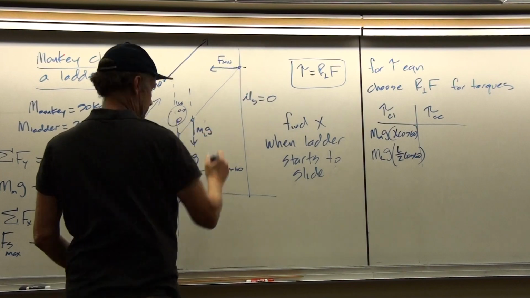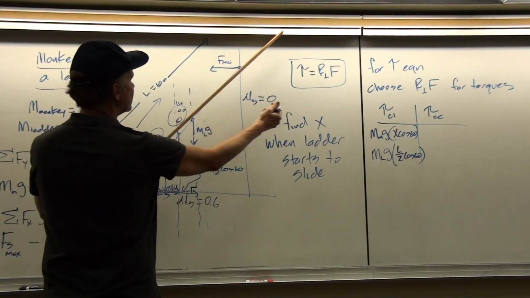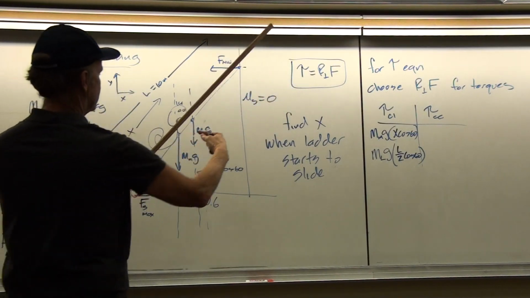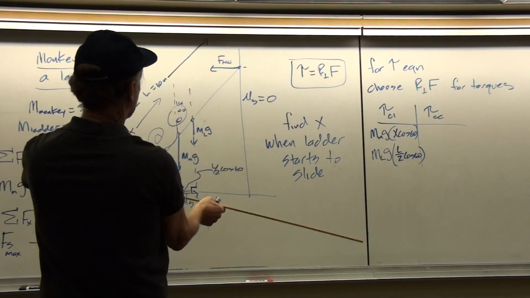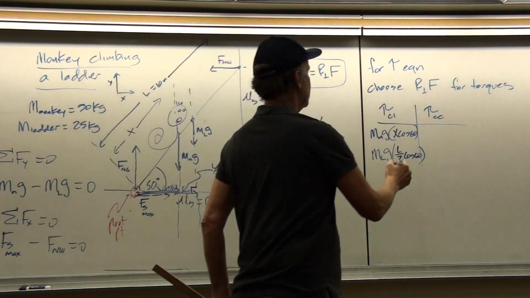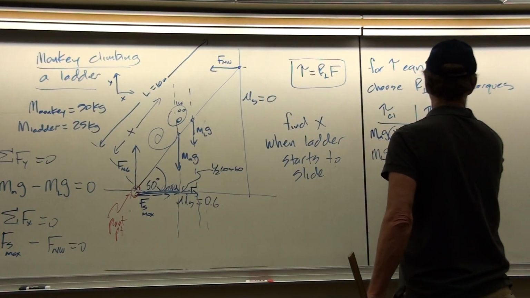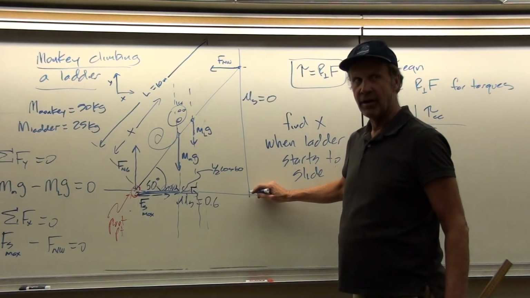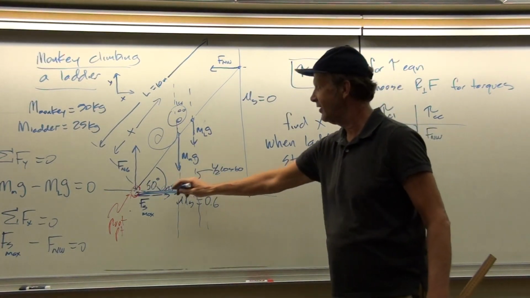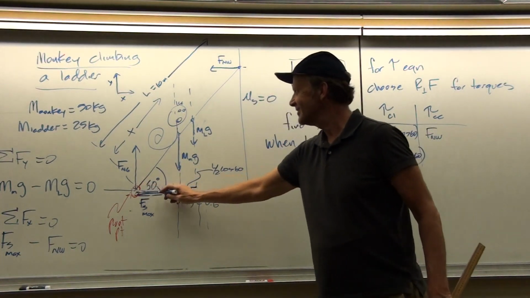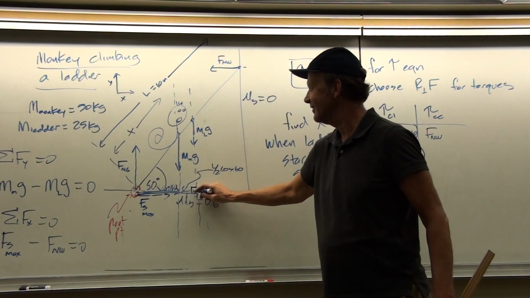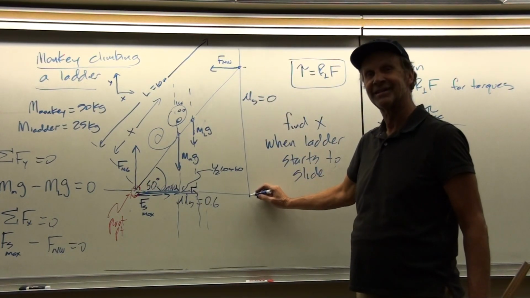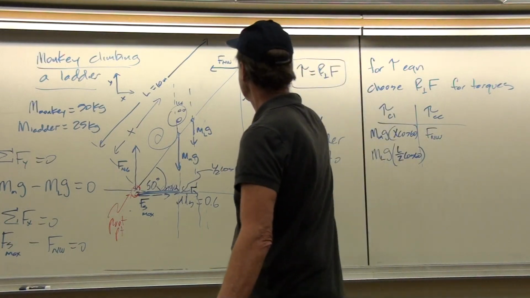So first of all, we ensure that that produces a counterclockwise torque. Sure enough, we apply a force this way. That makes the system want to rotate counterclockwise. This gives us F normal wall. And so then are we looking at this distance? No. Don't just go with the flow here, because this was L over 2 cosine 60 and x cosine 60. You might think, well, this is L cosine 60. No. You have to follow the rules.